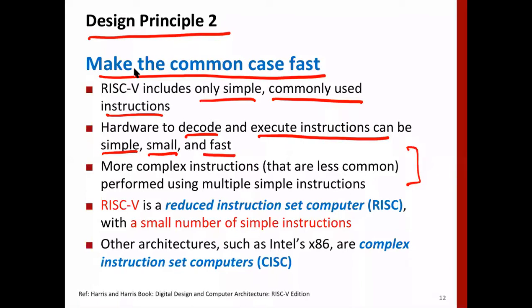RISC-V has a very small number of simple instructions, barely the minimum to do the task, but extremely simple. Hence, any complex operation at the top must be split into a number of simpler instructions at the assembly or machine instruction level, right?